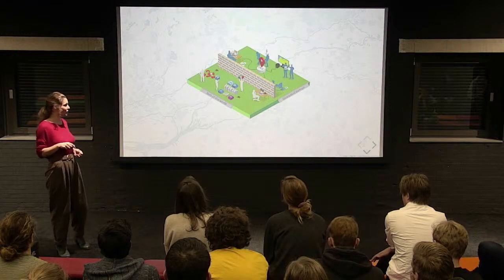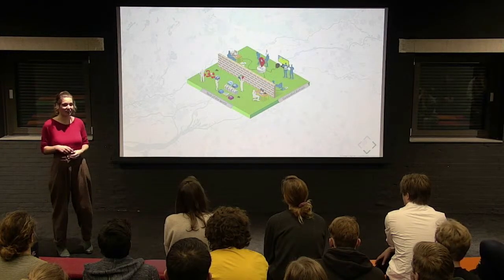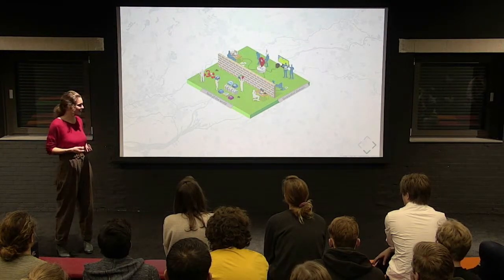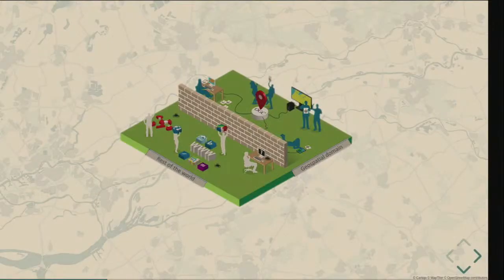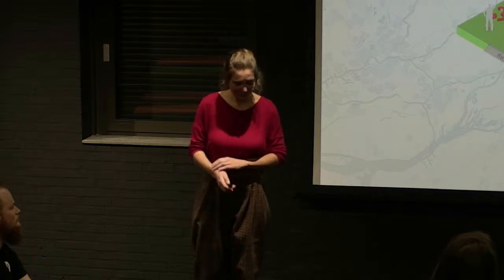But using the GIS standards on the web is quite hard to do. The language that web developers use is not the same as that geospatial people use, and the other way around. So I think there's still a big wall between them, and it's changing, so it gets less. But if you think that making a map online is hard, it is, because it's not made easy for you.